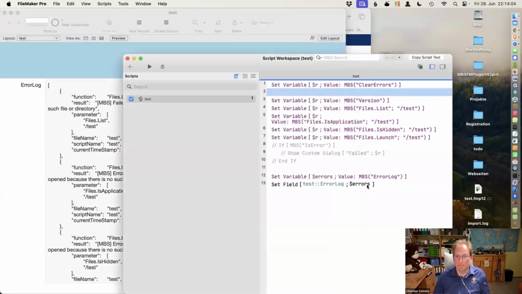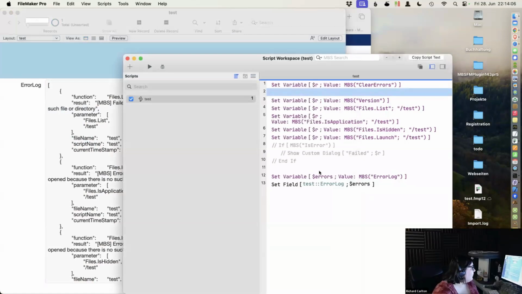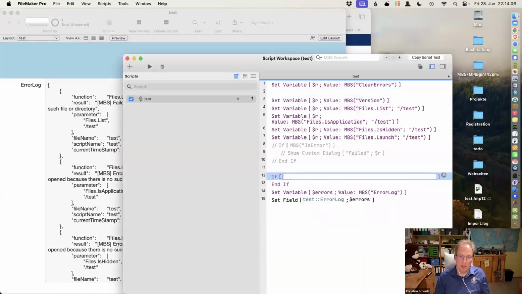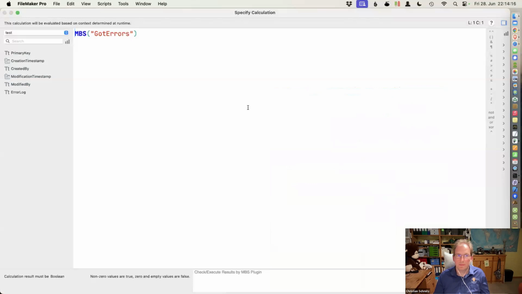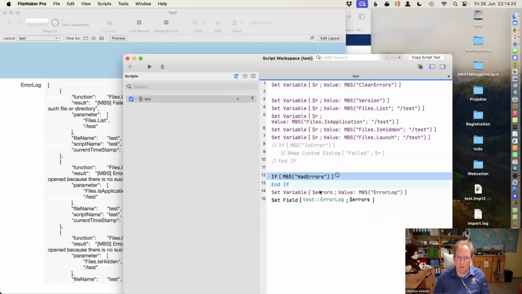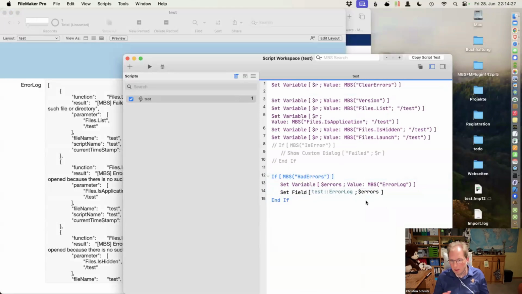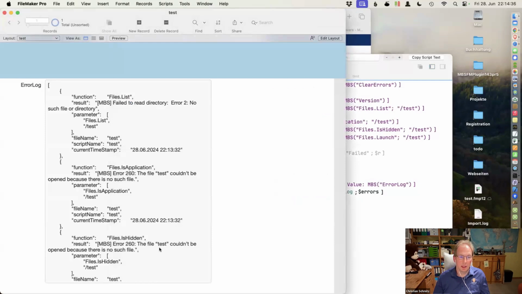So, yeah. Having the script is very useful. You really can wrap this and say MBS, what was it, got errors? Or was it had errors? Okay. So we have a function to tell you if errors happened. So you can do your error handling here and say, well, somewhere in this PDF generation in the 200 calls, there was an error, like a font not found or so. So you can later inspect that.